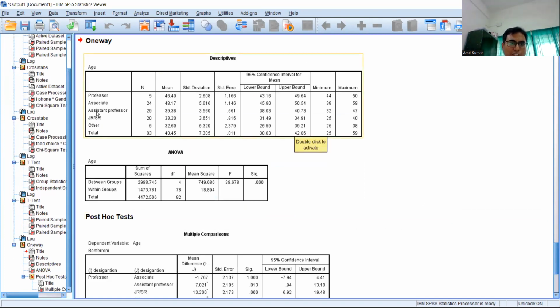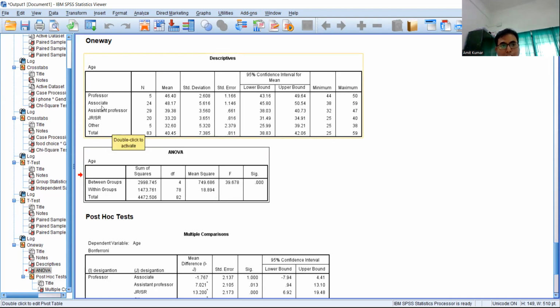So professors, 5 in number, their mean age was 46.40, associate professors, 24 in number, the mean age was 48.17, assistant professors 39.38, JRSR 33.20, and others 32.60. These are the standard deviation and the standard error, and this is the p-value for the ANOVA. So we can say from this table, yes, there is a difference in age among all these 4 categories of